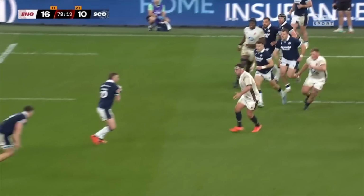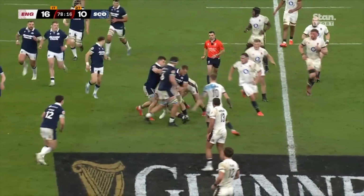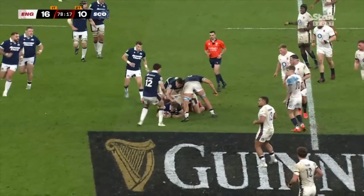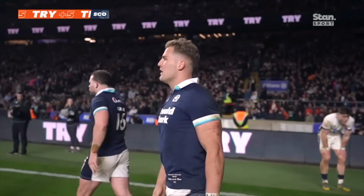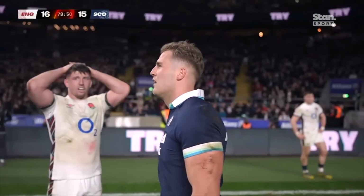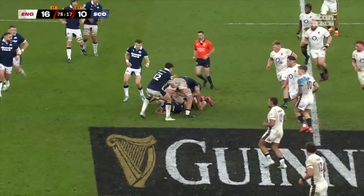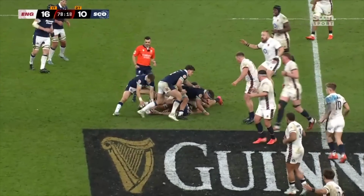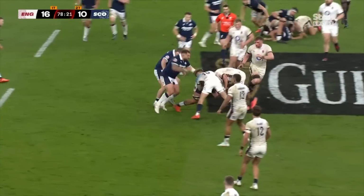Russell hits Duan on first phase, and reputation leads England to swarm him. Van der Merwe is essentially a decoy runner who carries the ball, because this is all about third phase. They also want England thinking about Duan, watching for him in case the ball gets out there again on successive phases. Tom Jordan then goes into this ruck and joins a forward pod clearing out despite the ball already being cleared out, and as Scotland hit a free pod here who carry after a little pop pass, the ball is clean,